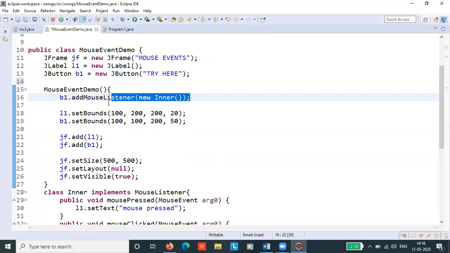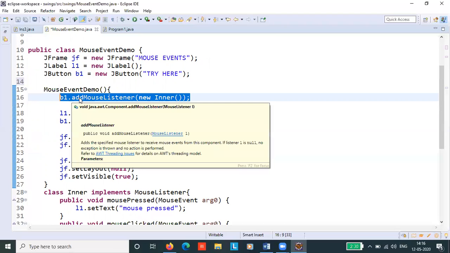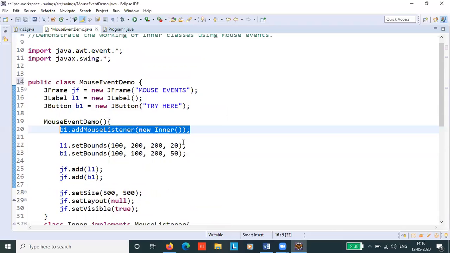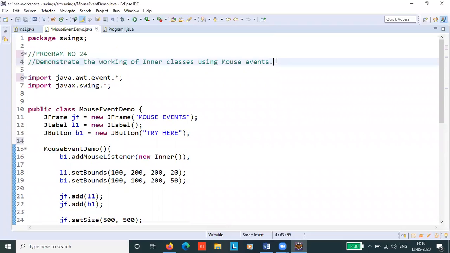First step, we are attaching the mouse listener interface to our button. How do we attach it? b1.addMouseListener. In the brackets, we are passing the inner class as an anonymous class.